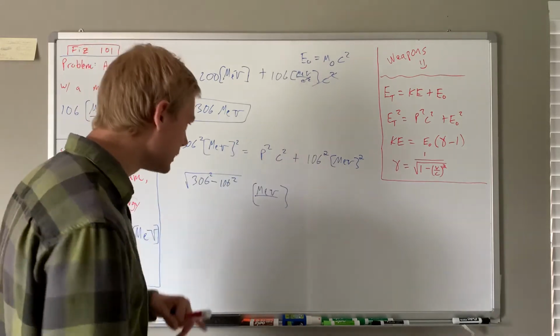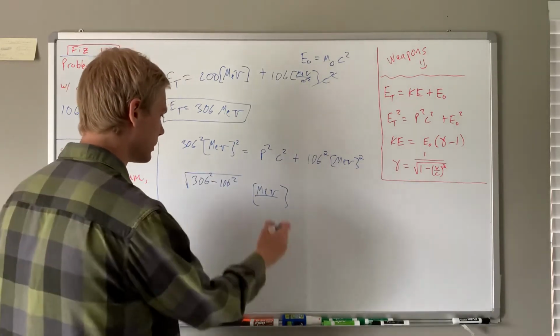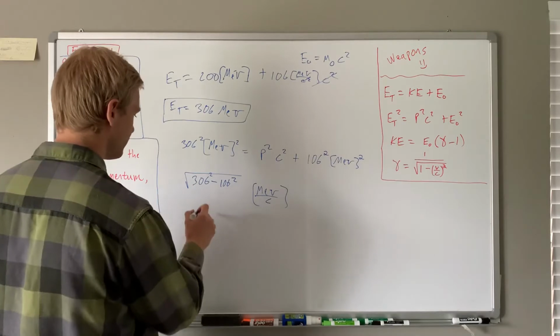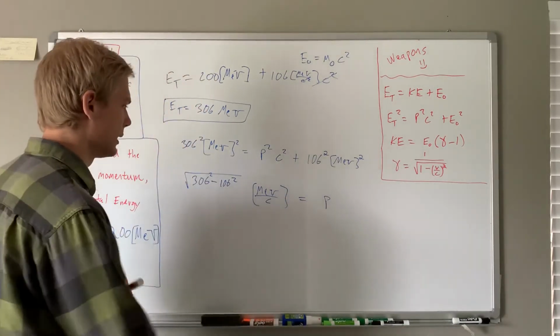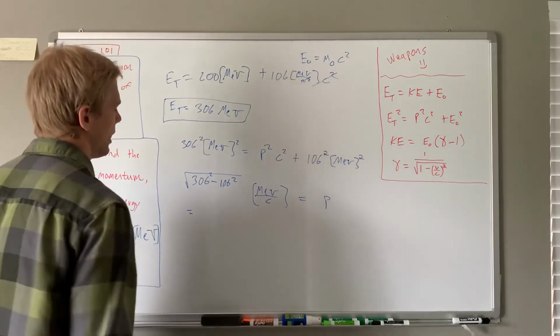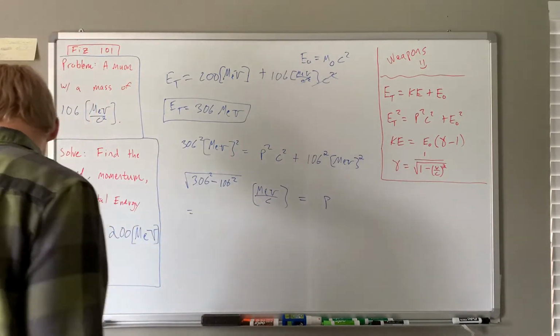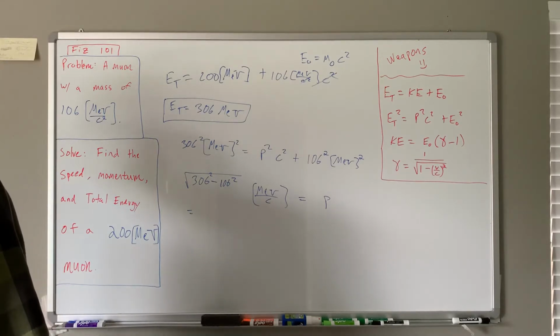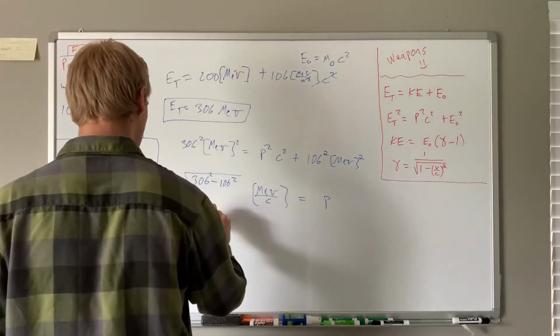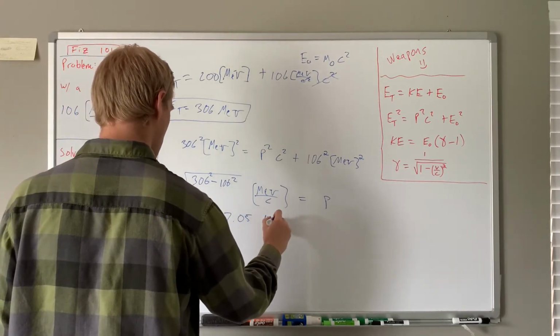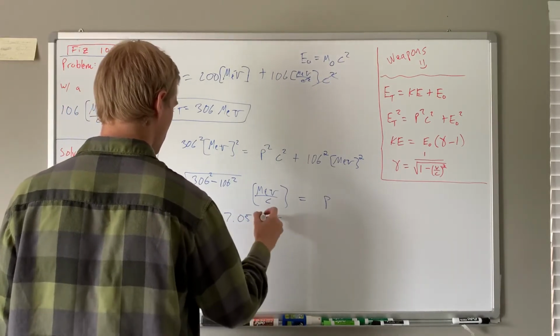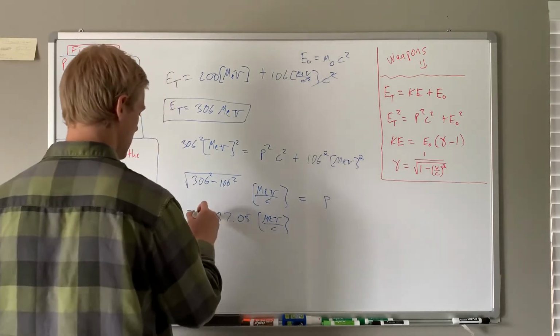And you divide by c squared, and take the square root of it, so it becomes c. And that is just going to equal your momentum in these units. And I believe, typed in my calculator, it's 287.05 megaelectron volts per c,